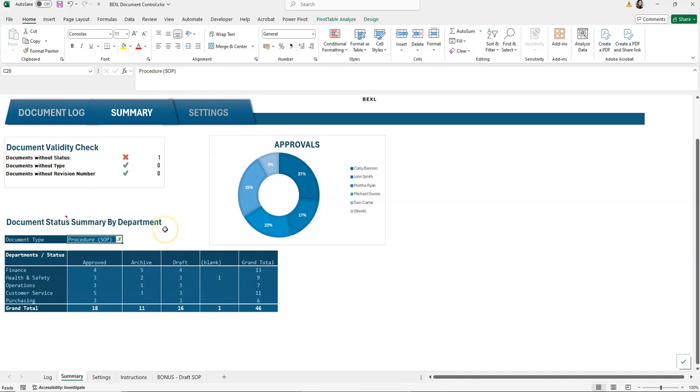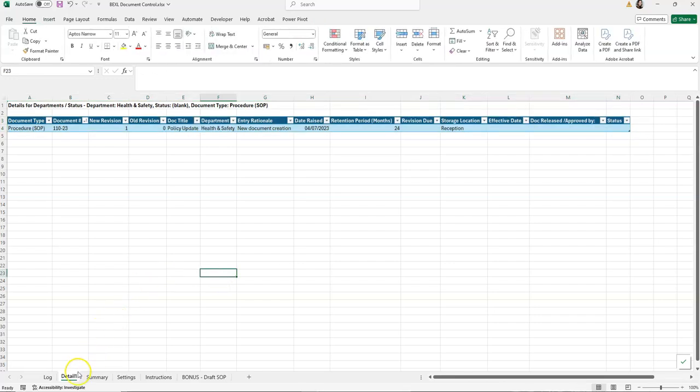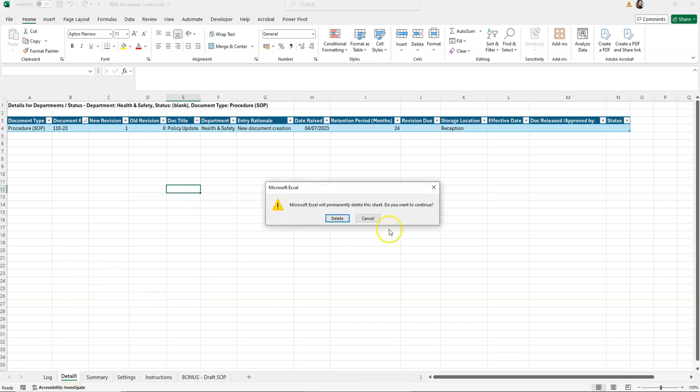And because of the way that this has been set up, if we want to know what this blank health and safety document is here, we can double click it, and the workbook will create, here it is, document 11023 revision 1, and this is the one that has a blank status. It has created this little worksheet. It's just a temporary record. We can just use this to find out exactly what's behind that and delete it when we don't need it any longer. It just allows us to identify exactly where in the log the issue is, and now we know it's in